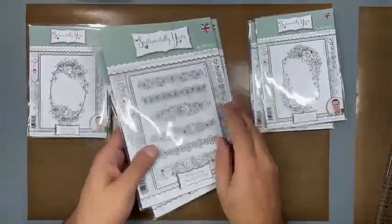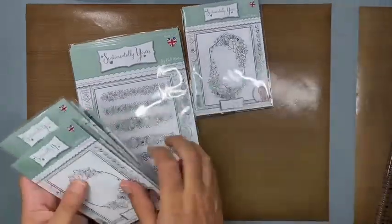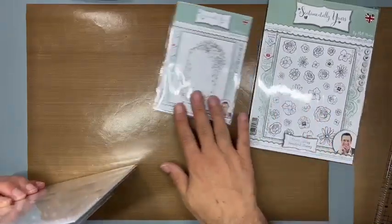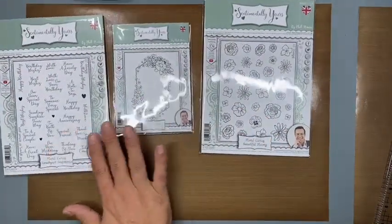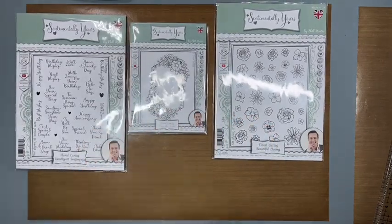So let's get cracking on this card. As I mentioned, we're going to use the Posy sheet label, and we're also going to use the individual flowers from this. And we're also going to use the Sweetheart Sentiments. So I'm using 3. And the idea behind this collection, so when I originally designed all this,